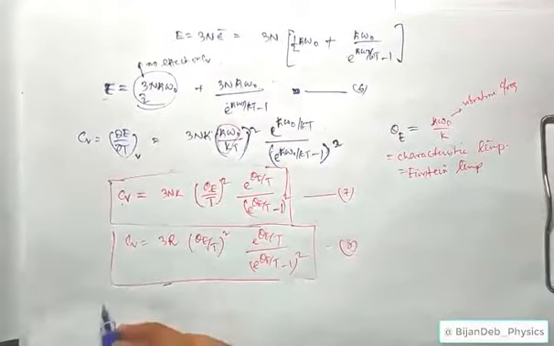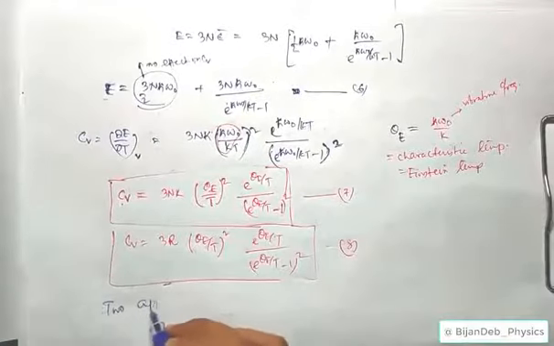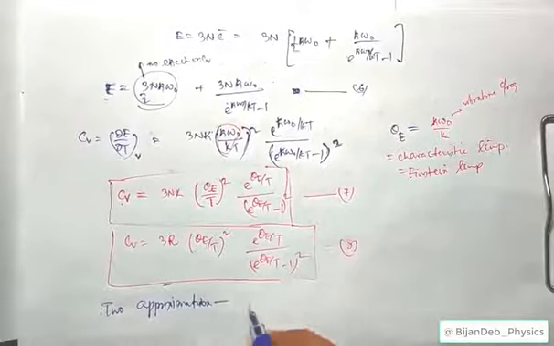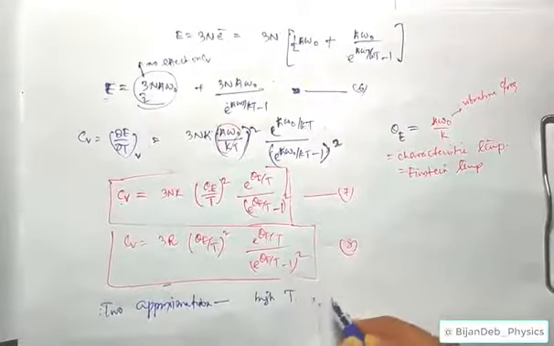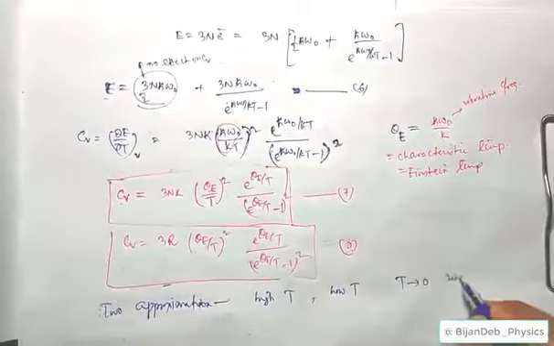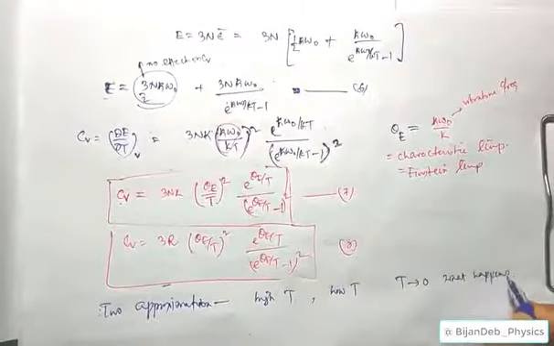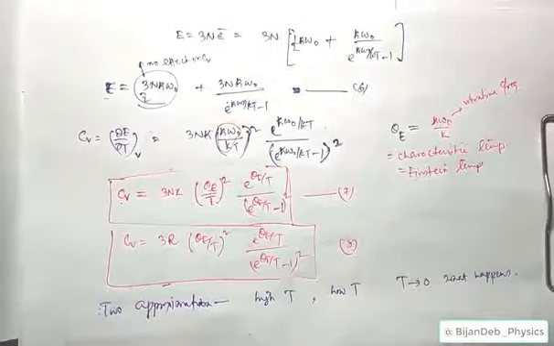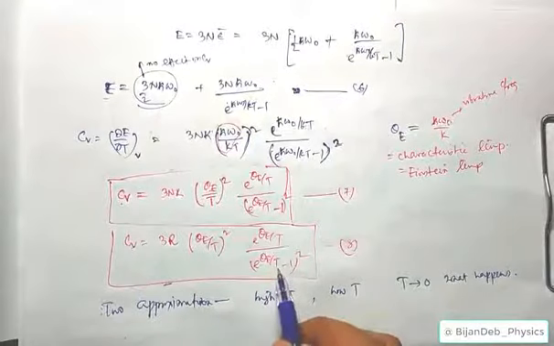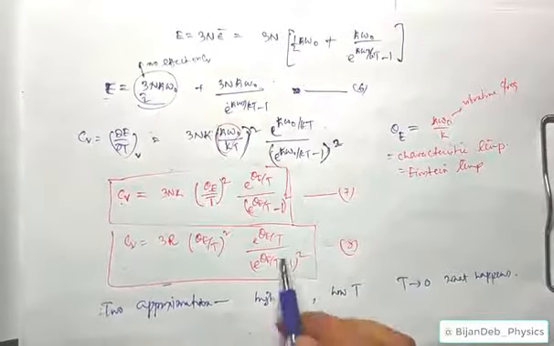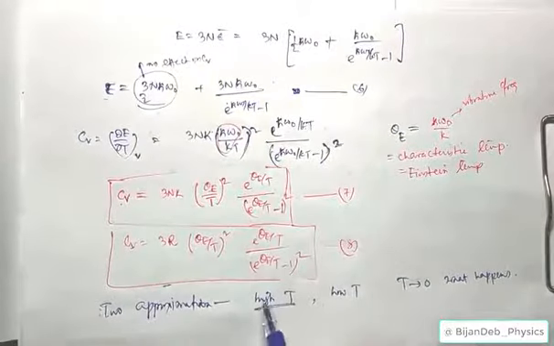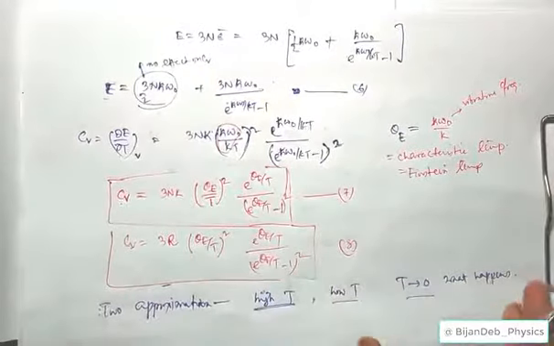From this we will now find two approximations to get an idea of matching with the experimental results. At high temperature what happens, at low temperature what happens, we will see, and also as T tends to 0 what happens. So we will see whether this predicts the nature of variation of specific heat with temperature. One thing it easily predicts is that specific heat is dependent on temperature, which is not given by classical theory, but here we derive that. In the next slide we will see the limiting values: high temperature, low temperature, T tends to 0.